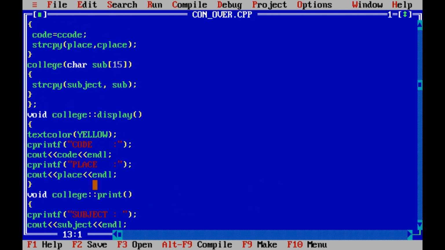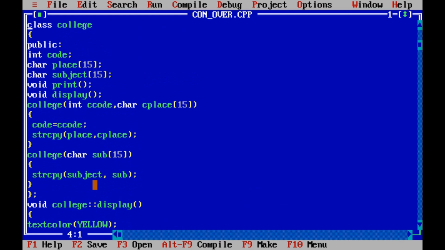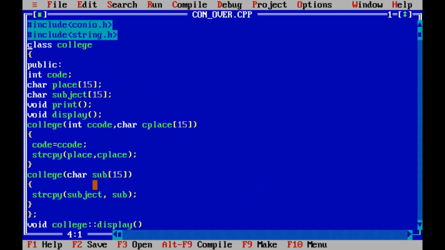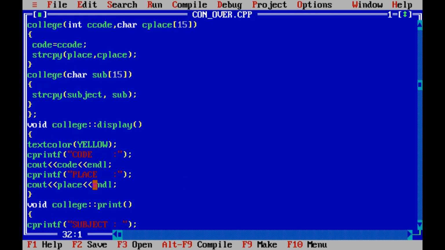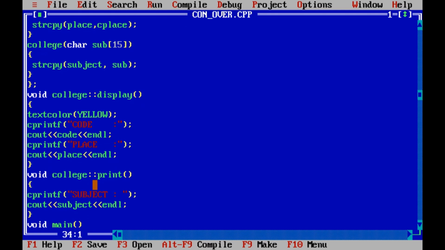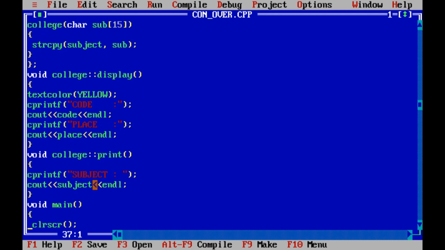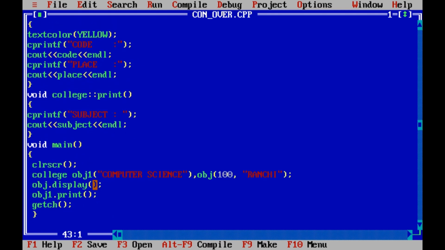And we know that this is the opening of the class, and here is the closing of the class. All the member function prototypes are written inside, and their definitions have been done outside the class, but their prototypes are inside the class. So these all are members of the class. Now execution of the program starts from the main function.